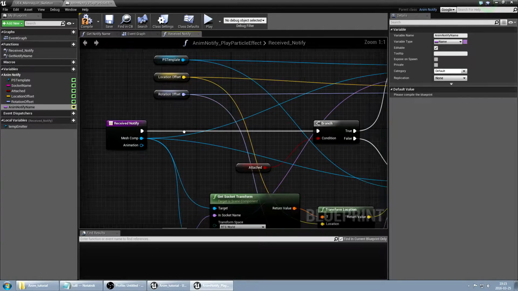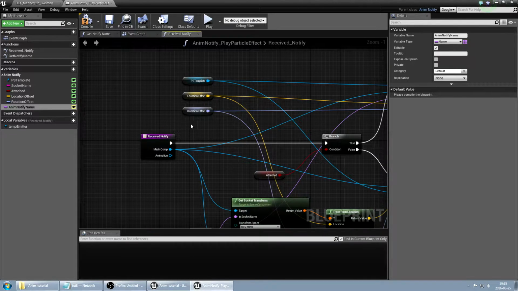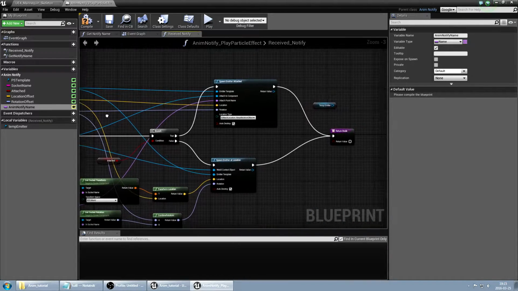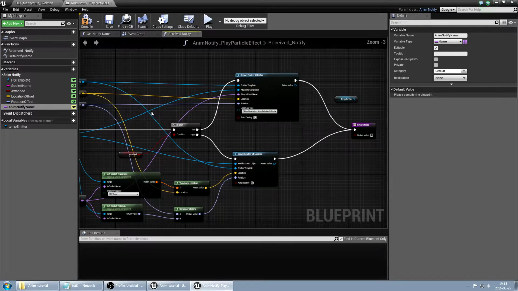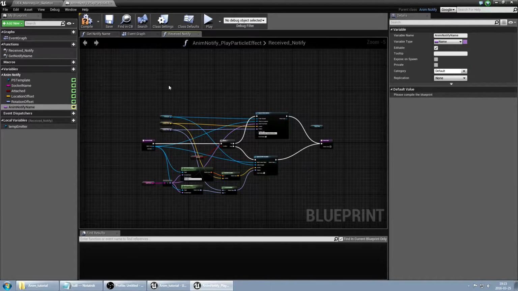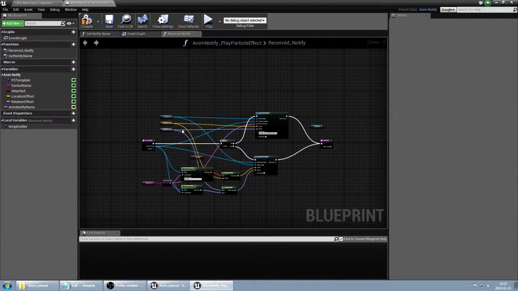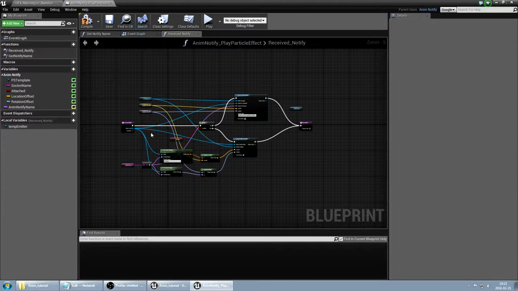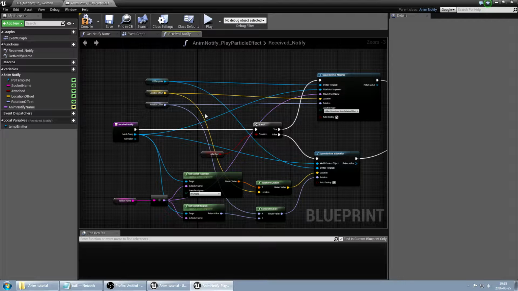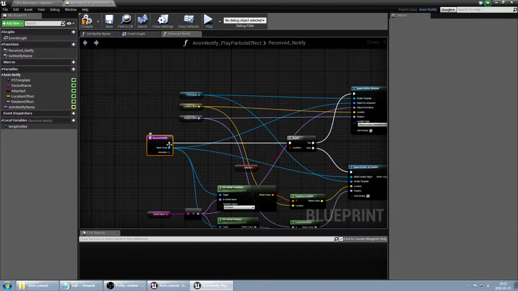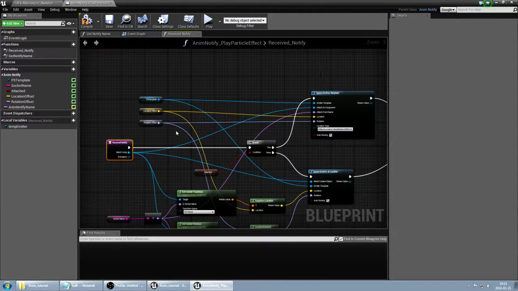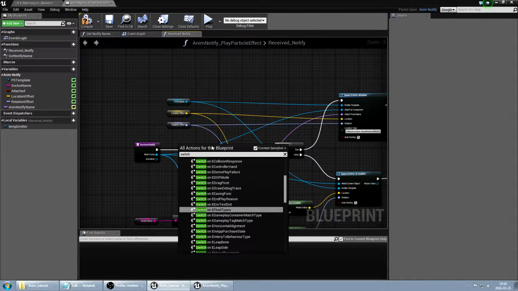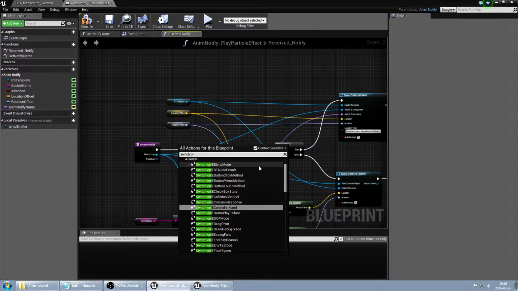Okay, and first of all I would like to add a switch and do something before I just go to default content. And I don't want to mess with anything from this. So by default it will be exactly the same. But my custom, let's say custom notify, will be acting differently, in a different way. So I just make a switch on name